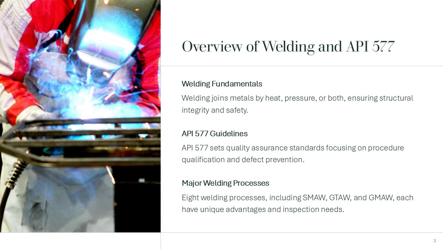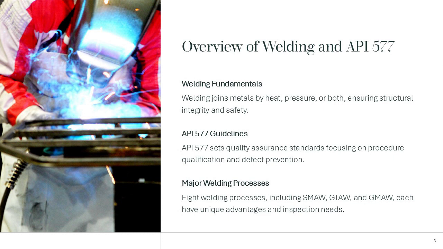Welding is a critical fabrication process used to join metals by applying heat, pressure, or both. API 577 provides guidelines for welding inspection and quality assurance in the petroleum and petrochemical industries. It emphasizes proper procedure qualification, welder performance, and defect prevention. Understanding different welding processes is essential for selecting the right technique for specific applications, ensuring structural integrity, and meeting safety